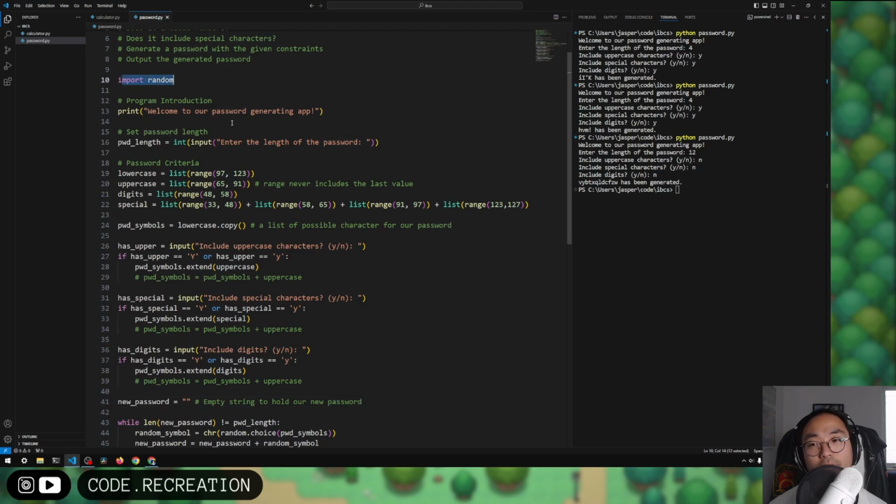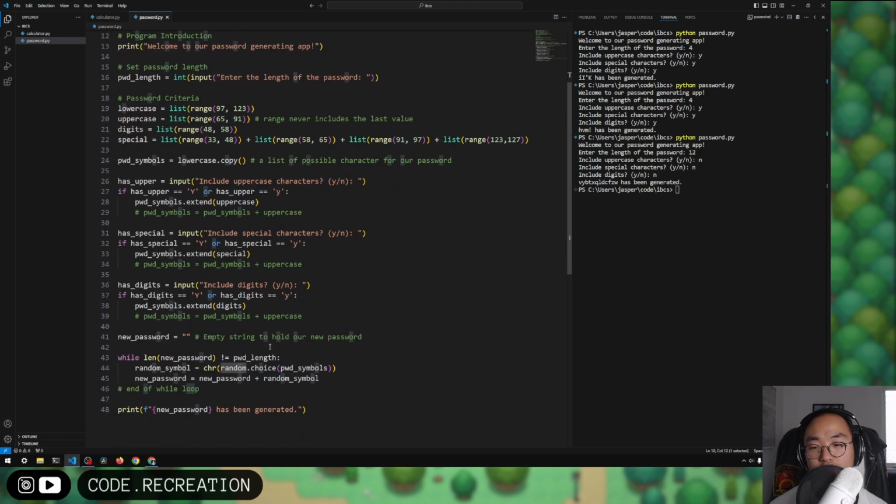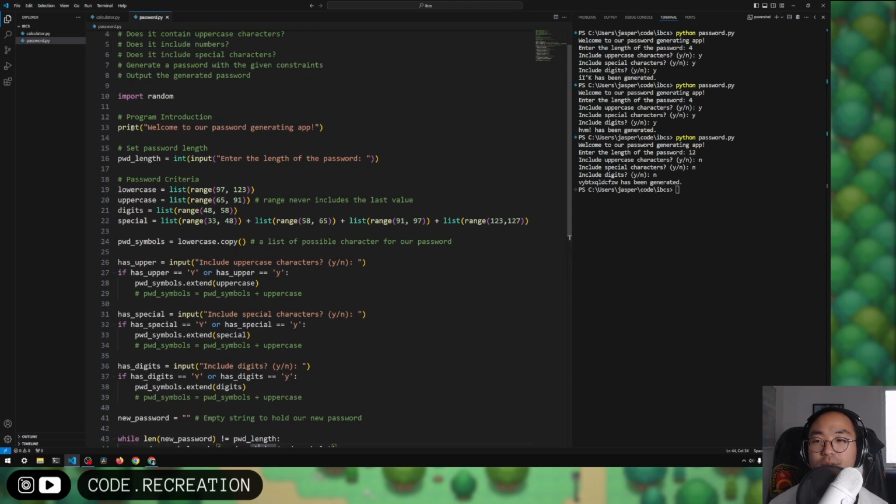Line number 10 was required because we were borrowing a feature from the random module, because there are no built-in functions that exist in Python that allows us to randomly choose from a list. So we're using the choice function that exists in the random module. In line number 13, I want to introduce our program. So we said, welcome to our password generating app, and we just made a little print statement. In line number 16, I've created a variable because I wanted to store what the user desired in terms of their password length. So we grabbed an input so that we can get a keyword input from the terminal, and I must convert